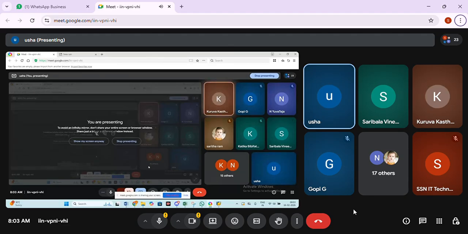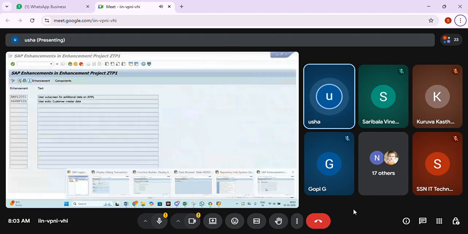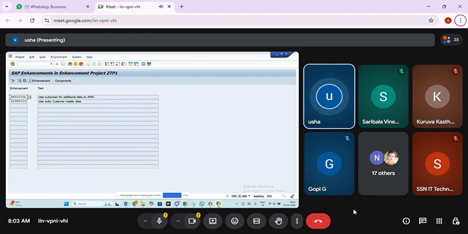Yes, ma'am. Okay. So what I'm seeing, it is already implemented. You can see this is already used. That's the reason it does not allow you to use the same in your requirement. I want to see what all is implemented under that. You can click on components. It's going to show you what and all components are implemented under that. I think it is disconnected.